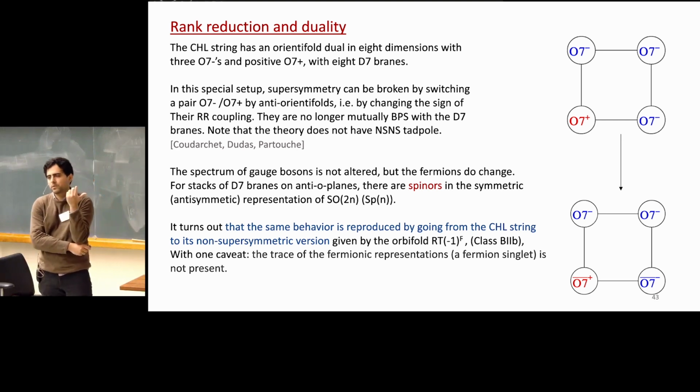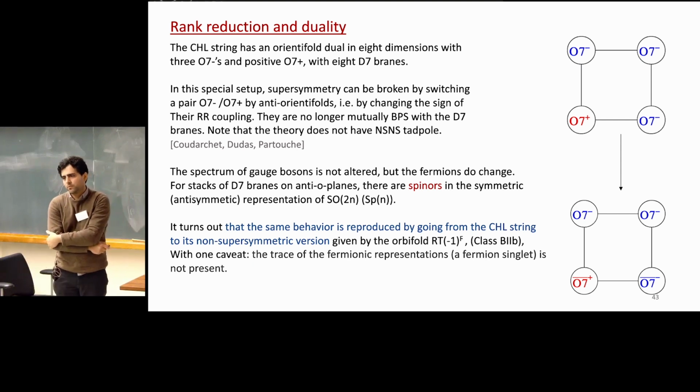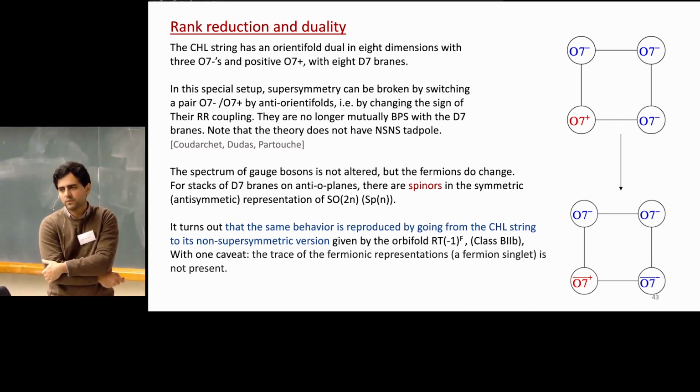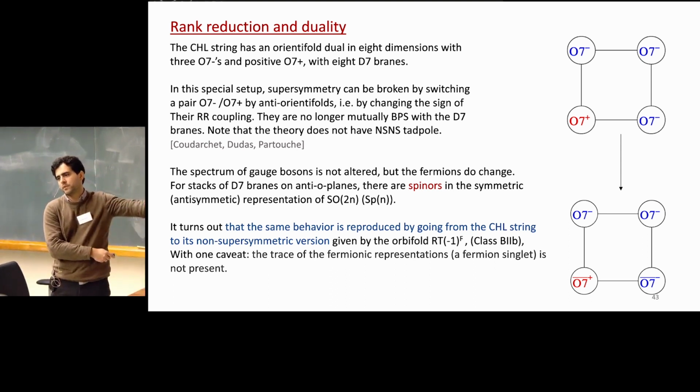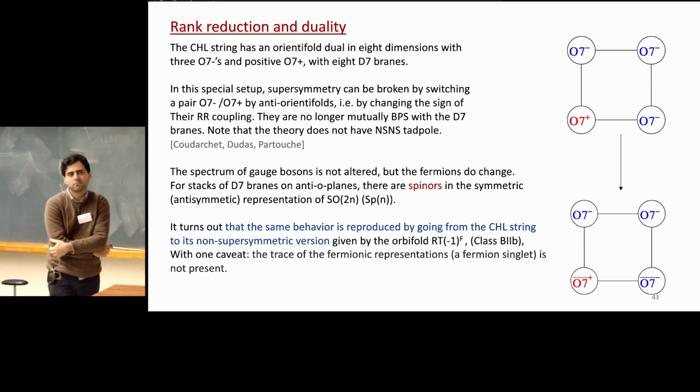Okay. But in the supersymmetric case, you have adjoint fermions because they are the superpartners. But then you break supersymmetry, and here the story changes. So here you still have O7 minus, and you put the difference on top, and you still have adjoint representations of the fermions. Oh, I thought you said that the two duality frames were different. No, when you break supersymmetry, you change the spectrum. Oh, that's what you meant, okay. But then in the two frames, they will be different just by the absence of a singlet. So you have a massless state appearing at strong coupling in the heterotic case. Okay, that's okay. Thanks.